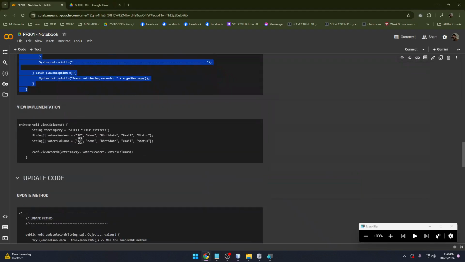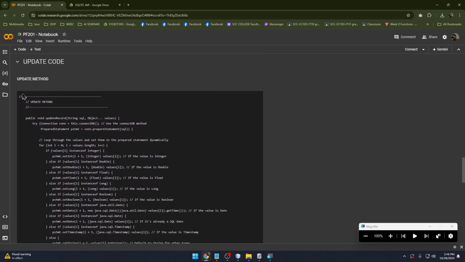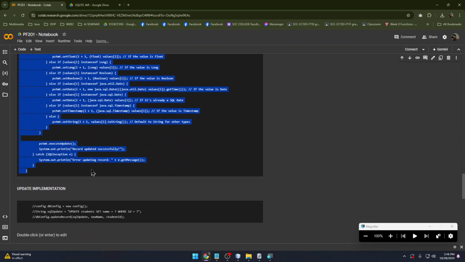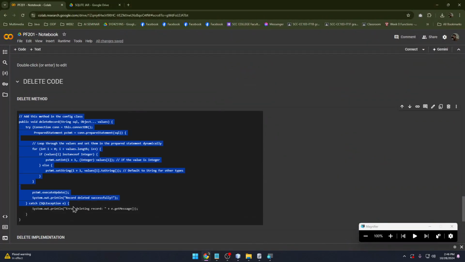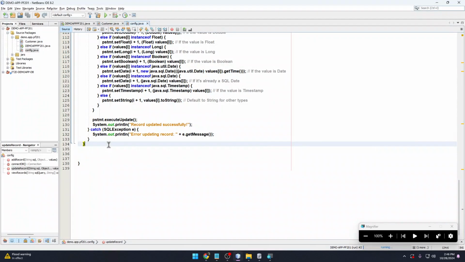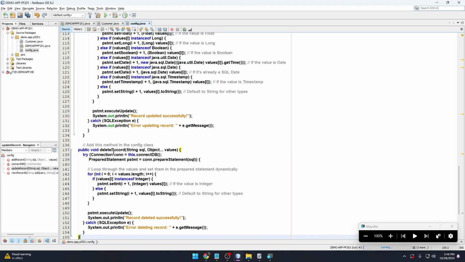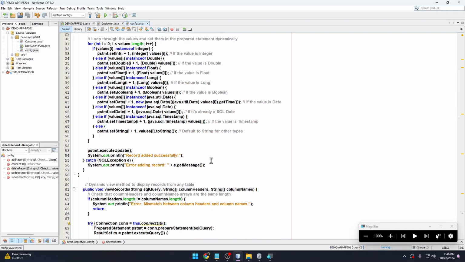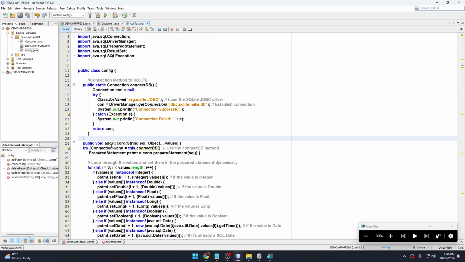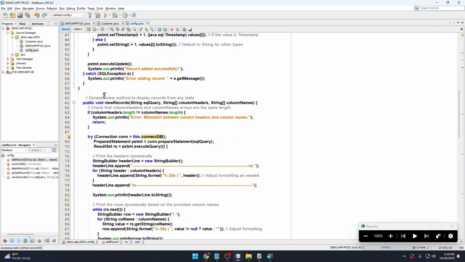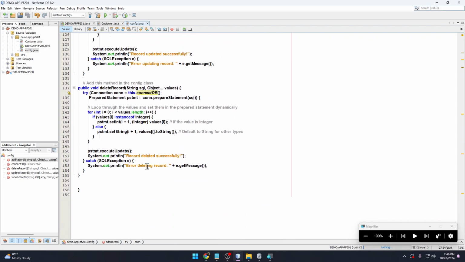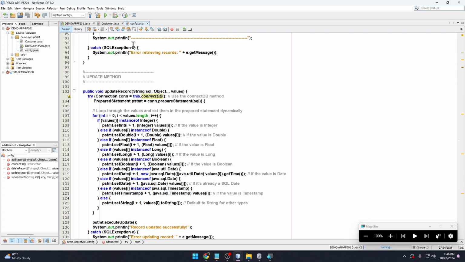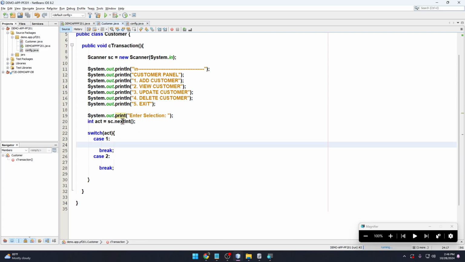After the view is natay, ayon ang implementation, arita sa update method, kapiha ang update method. Paste that here. Wala ray error. And the last one is the delete method. Since this is now a total of 5 action, paste. So again, the first method, the connection method, the add record method, the update method, the view record, the update record, and the delete record is now in our config class. So we can now use that later when we implement